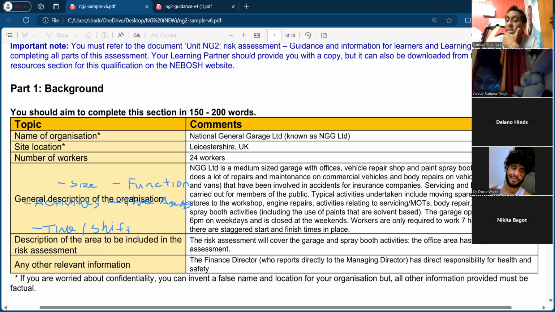They are staggered start and finish times in place. They say, so what we see on the sample. But I never tell you to follow the sample by copying the sample, right? If we tell you to put the time and the shift, right? So you say then,